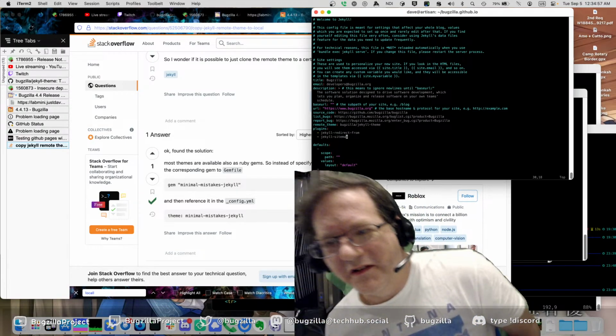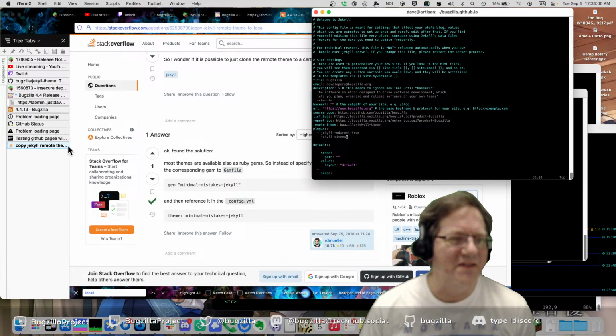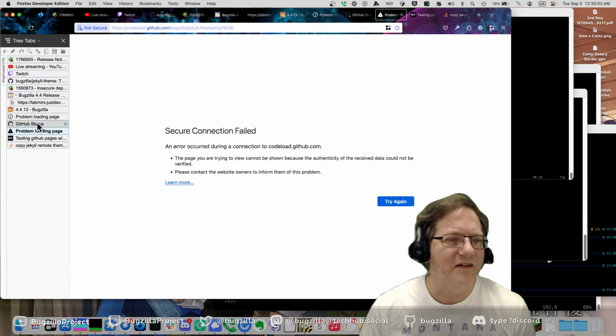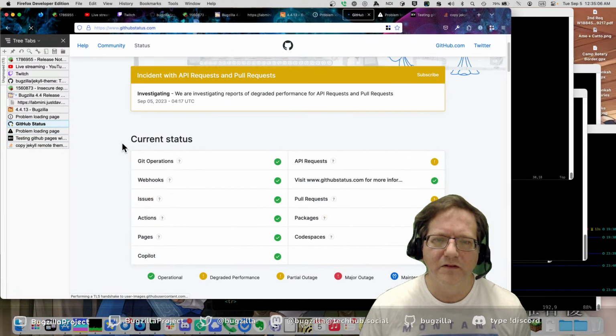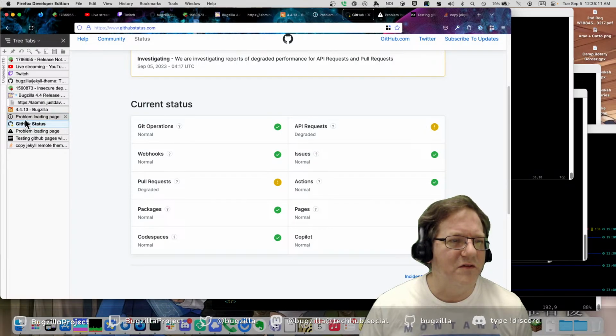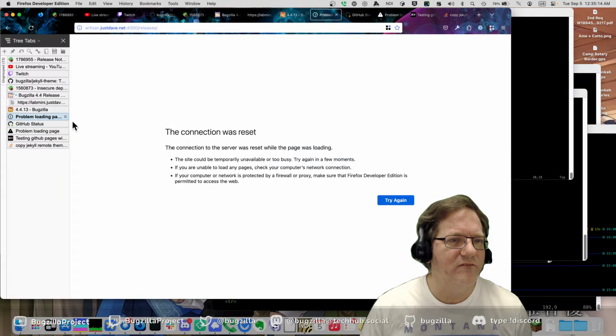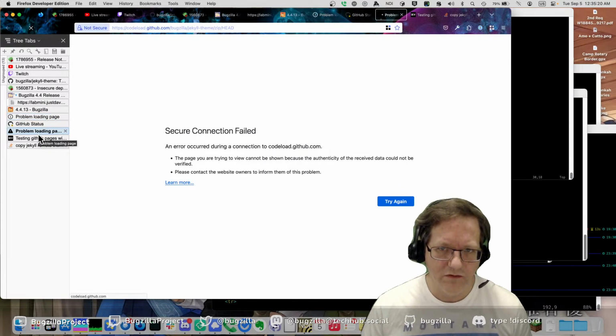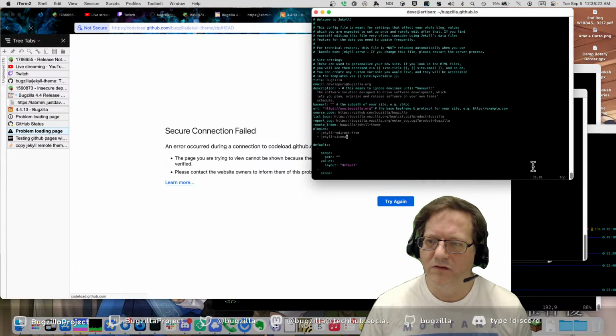And it's all devolved into debugging the site build stuff. They're still having issues. No new updates on it. The remote theme is just a GitHub repository. How does it know it's on GitHub?